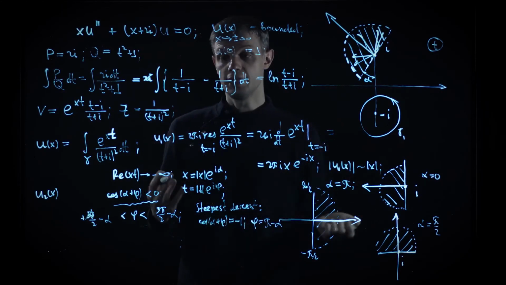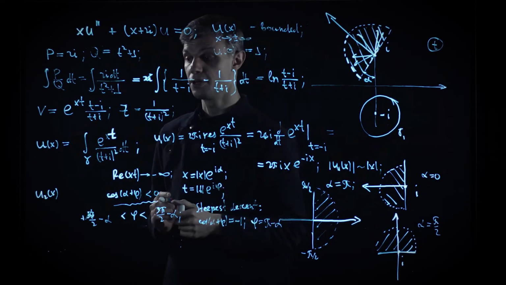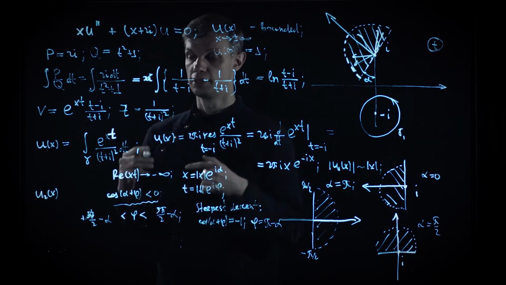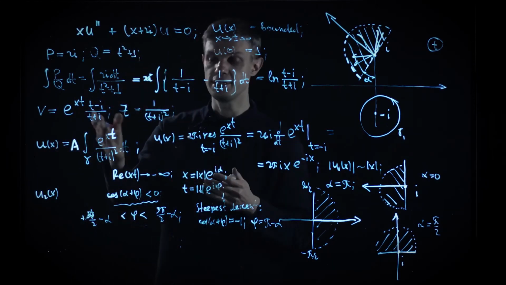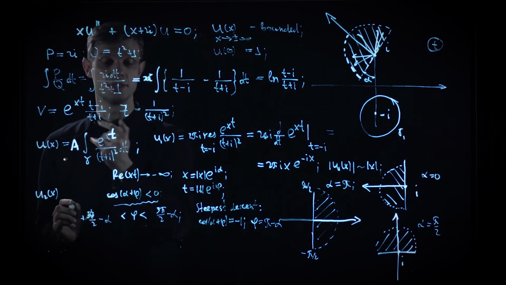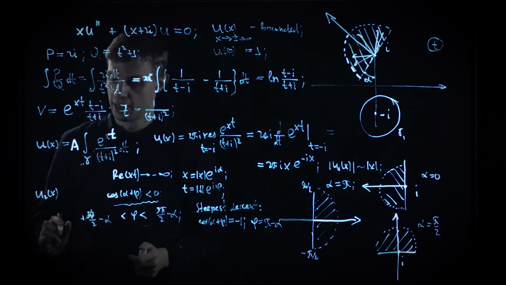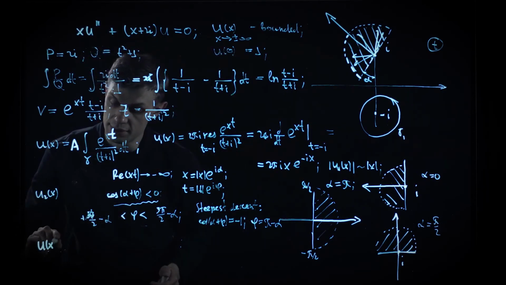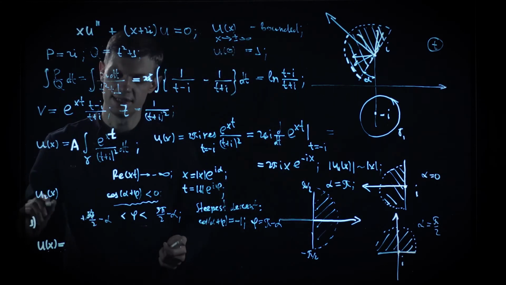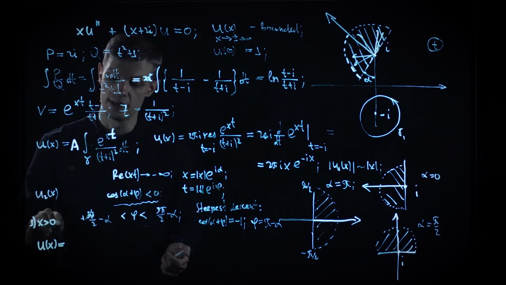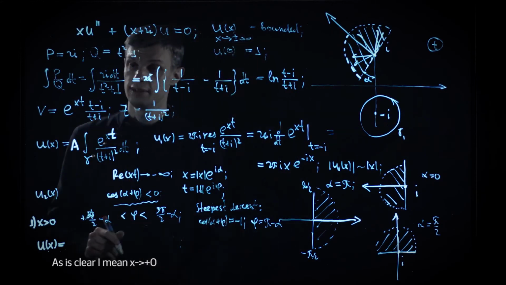Right. And finally, let's analyze the behavior of our solution. Well, first of all, let's figure out what would be the correct normalization factor in front of our integral. I didn't write it here at the very start, but now we need to restore it and fix it. So x equals 0, then u of x is turned into quite a simple integral. Suppose, for simplicity, x is positive. We'll see that the normalization doesn't depend on the value of x. Then the integral is